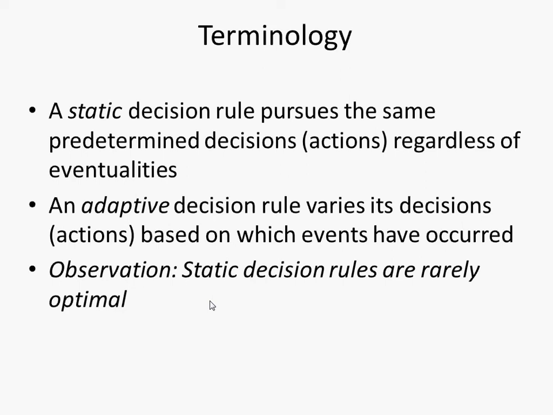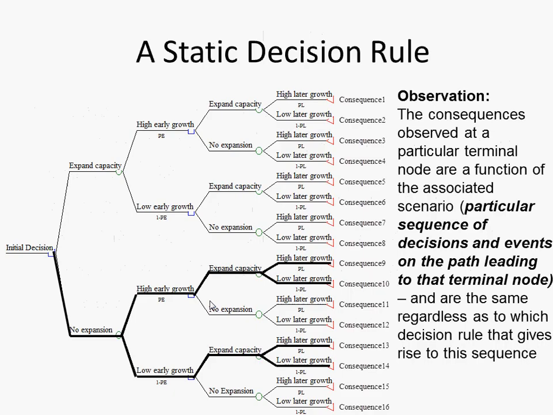If we want to secure a really large benefit, it's likely that the greatest gain will be from an adaptive decision, one that observes this. And this is something which has been noted in the decision science literature for decades. Adaptive decision rules tend to yield more favorable outcomes. Static rules are rarely optimal. Okay,